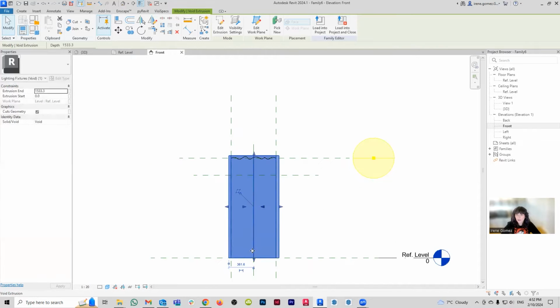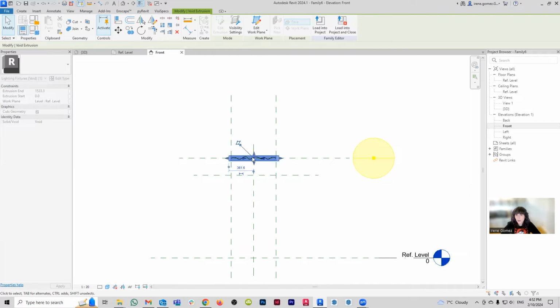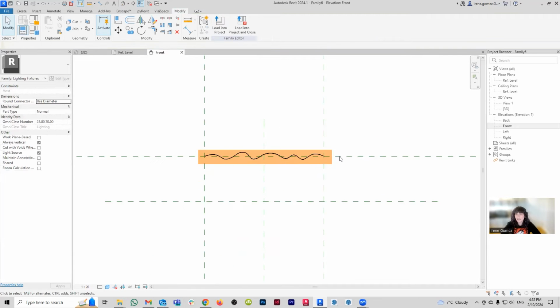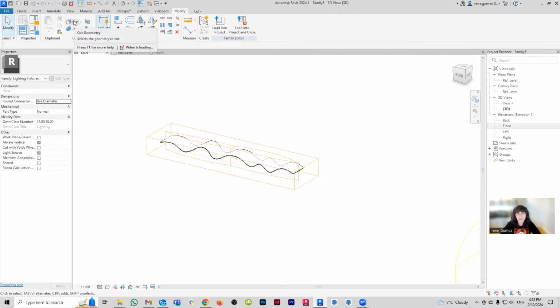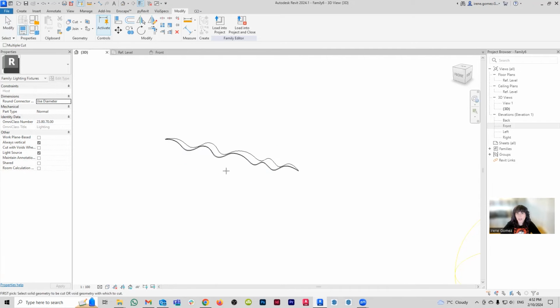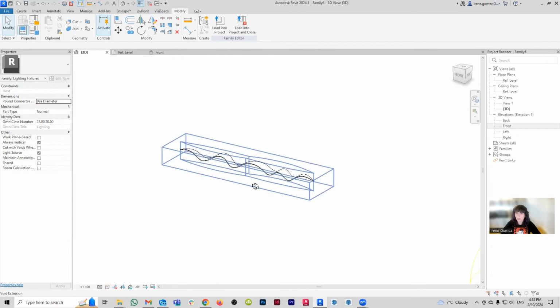So all I need to do is bring my void to the same height where my petal is. And I'm going to use the cut tool. To use the cut tool, you're going to find it here on the modifiers, and it's cut geometry. I'm going to click on my void. I'm going to click on my petal, and whoa, look at that petal.